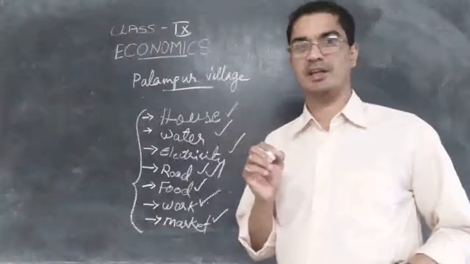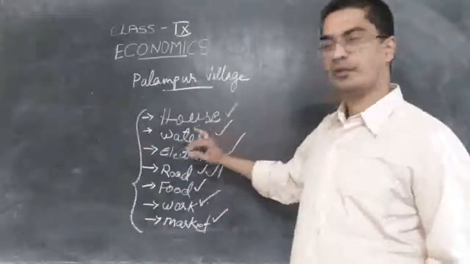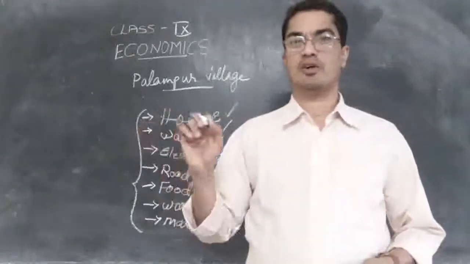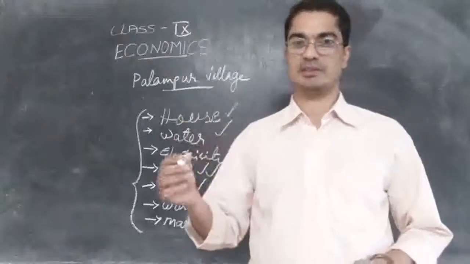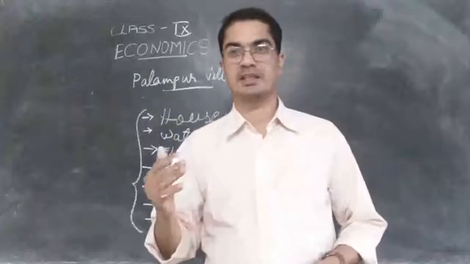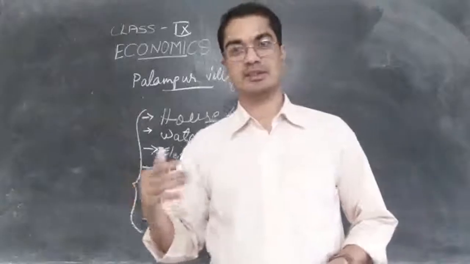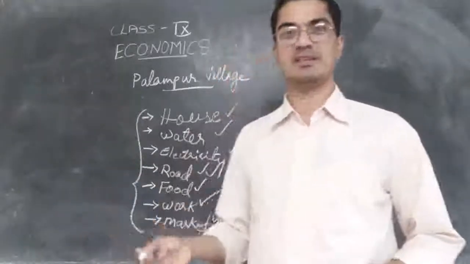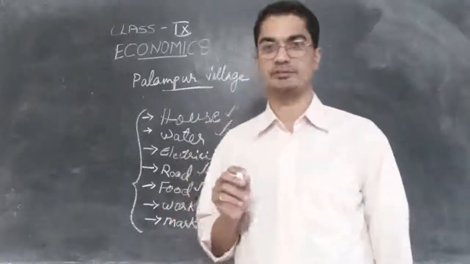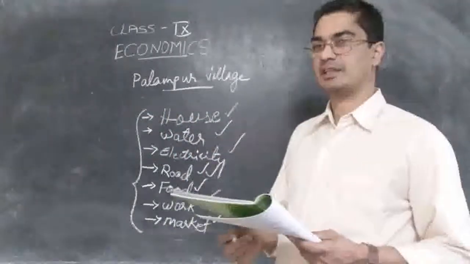But if you ask individually, if you meet every person, even in the village, if you ask a father what is the idea of development, he will say so many things. If you ask the mother of the family what is the idea of development, they will say some things. Or if you ask the son, he will have some ideas. If you ask the daughter, she will say something else. So every person will have a different idea of development. So in this context of Palampur village, we say these are the things that are needed.